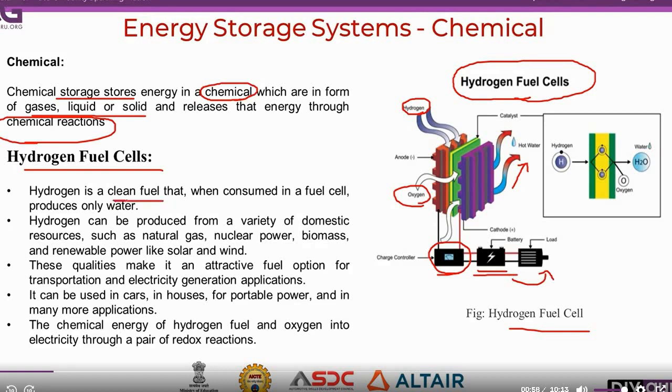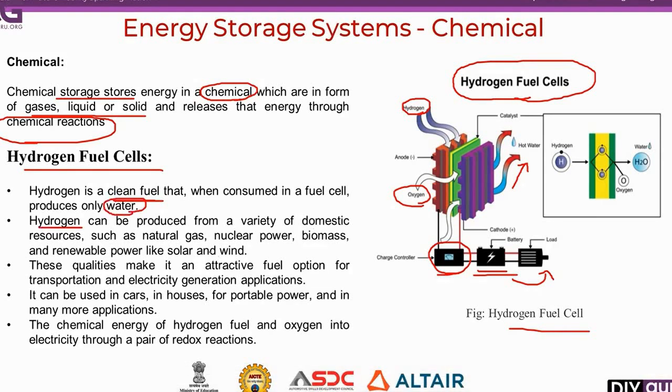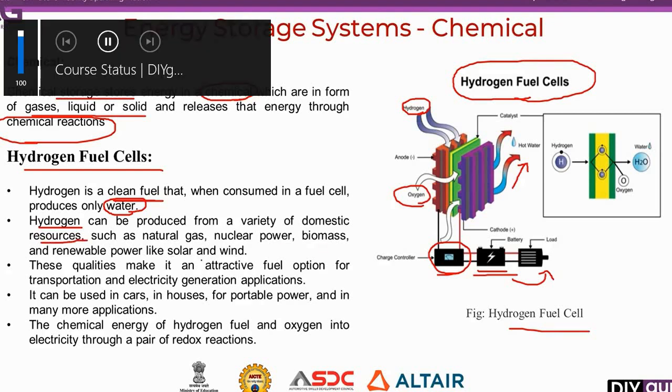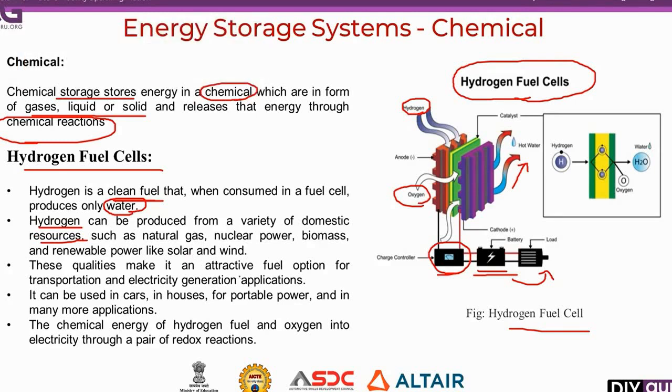Hydrogen is a clean fuel: when consumed in a fuel cell it produces only water. See, this hydrogen can be produced from a variety of domestic resources, as we already know: natural gas, nuclear power, biomass or renewable power like solar and wind. These qualities make it attractive for alternative energy generation, which is mainly suitable for transportation and normal electrical generation applications. Some of the domestic applications are electrical vehicles, household applications and